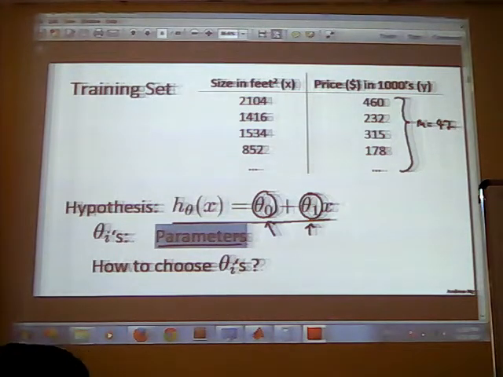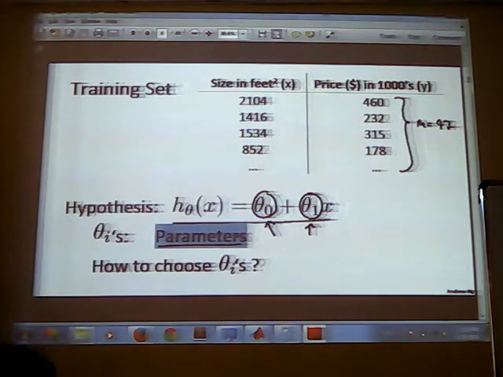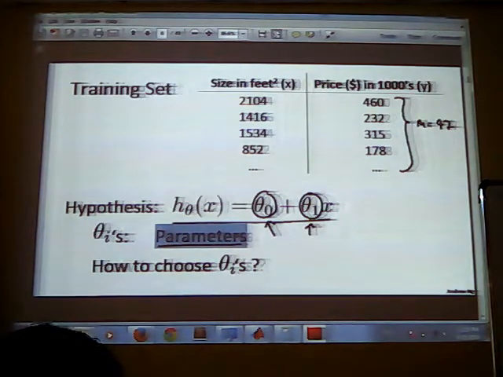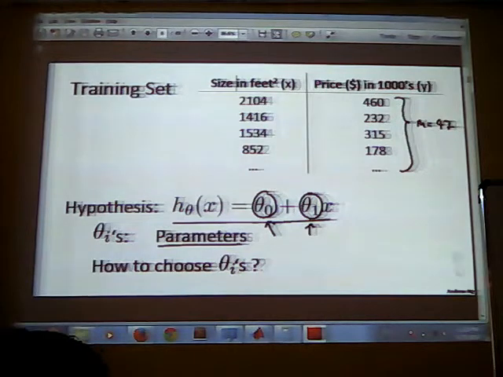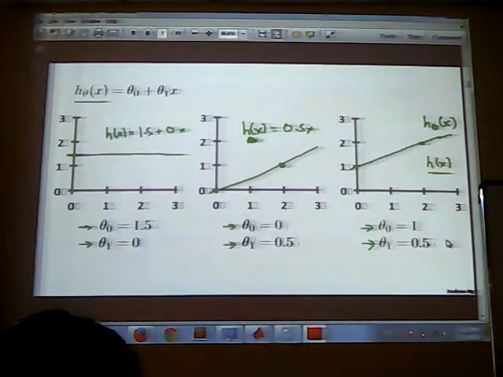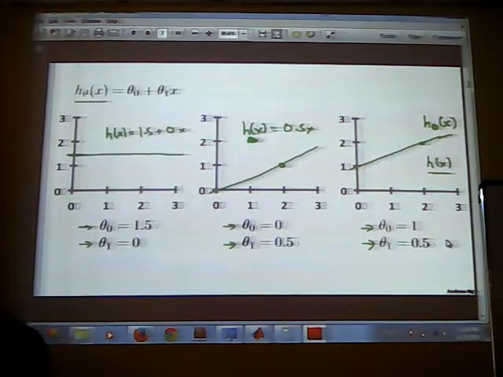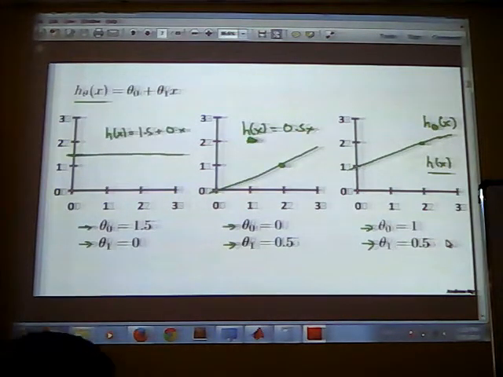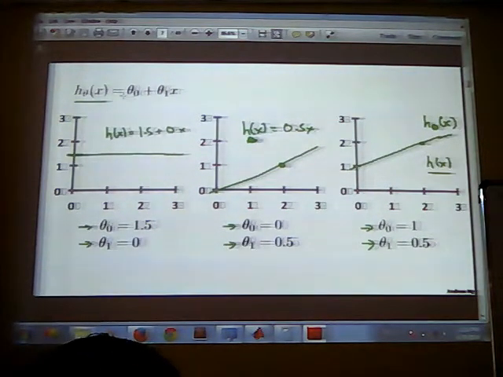So let's have a clear intuition about the hypothesis, how it works. We are using h of x as theta 0 plus theta 1x. So this is our x-axis, this is our y-axis. If we use theta 0 as 1.5 and theta 1 as 0, this is going to be our initial value. If you put these values in h of x, we get a line like this. You can see theta 0 was the intercept on the y-axis, so the line starts from the point 1.5 on y.